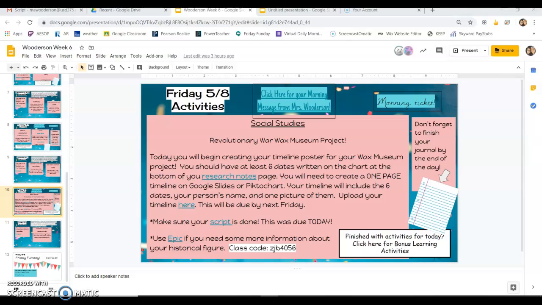Hey, fifth grade. This morning during Hangouts, we got to talking about this timeline that is your assignment today to